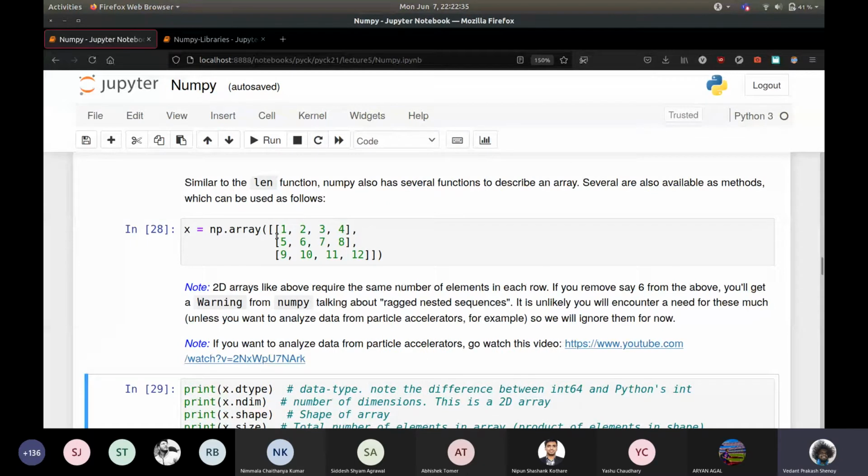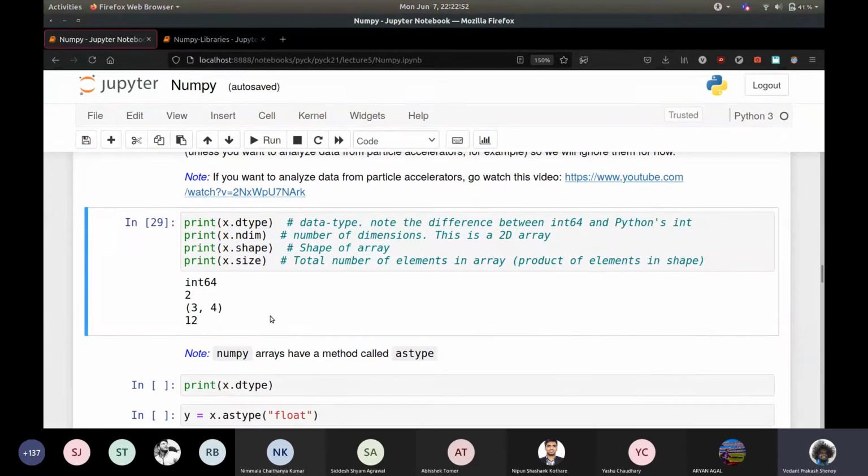If you want, you can think of this as similar to a matrix, which is often not a good way of thinking about it, because if you multiply two arrays like this, you get element by element multiplication, not a matrix multiplication. But if you want to think about it that way, and it's useful for you to understand that, yeah, pretty much like a matrix. So you can also have a shape. This has 3 rows and 4 columns, and it has a total of 12 elements in it.